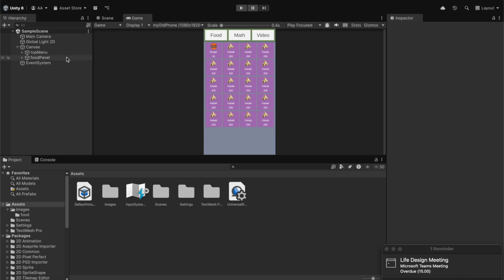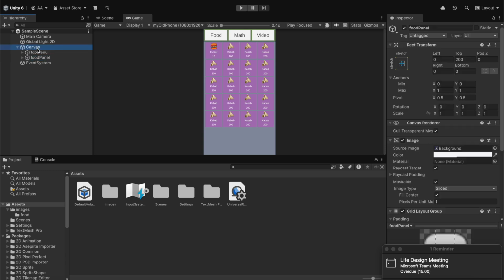So we're gonna look into how we can use Unity UI to create a video player and then have some buttons without writing any code to play and pause that video. And we're gonna work inside our video canvas that we already created a button for, but it doesn't do anything yet. And if we look here in our menu, we have the food panel created, but we do not have